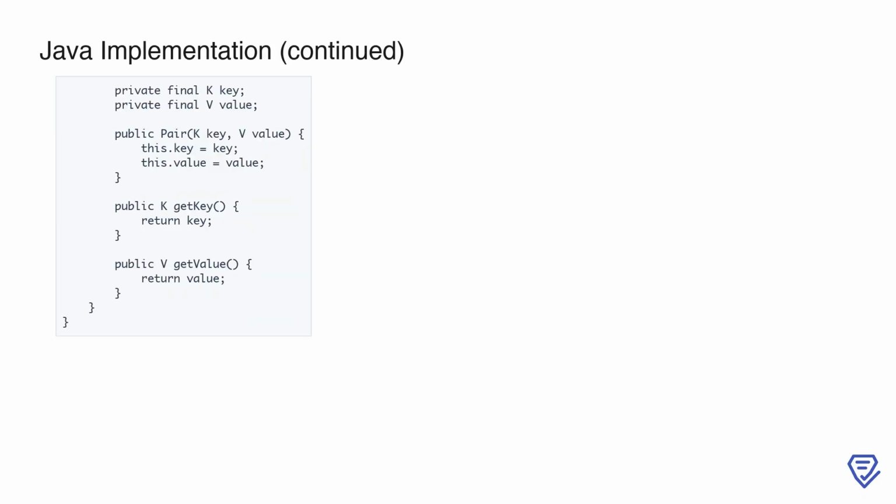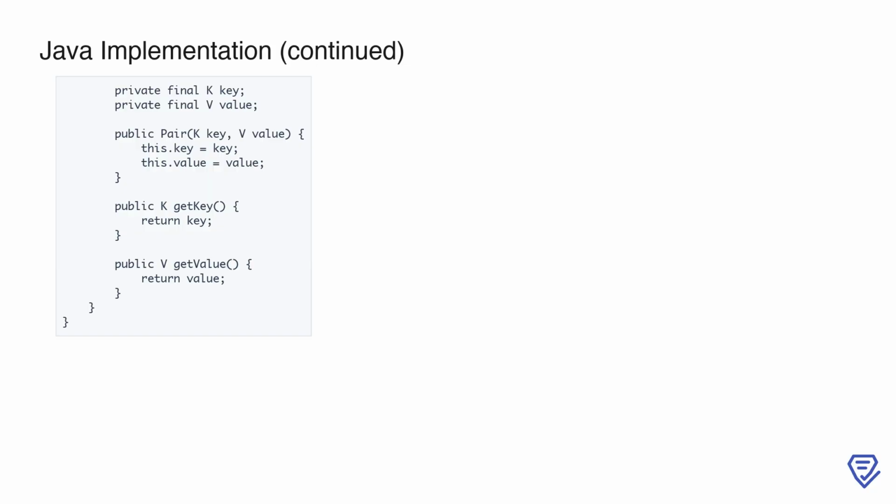Finally, we define the pair class, which is a helper class used to store a key-value pair. In our case, the key represents a tree node, and the value represents the depth of that node. The pair class includes a constructor to initialize the key and value, along with methods to retrieve each of them. This design ensures that we can easily associate each node in the tree with its corresponding depth as we process the queue. By encapsulating this logic in a simple class, we maintain clean and organized code. With this implementation, we've completed our solution to find the minimum depth of a binary tree using a breadth-first search